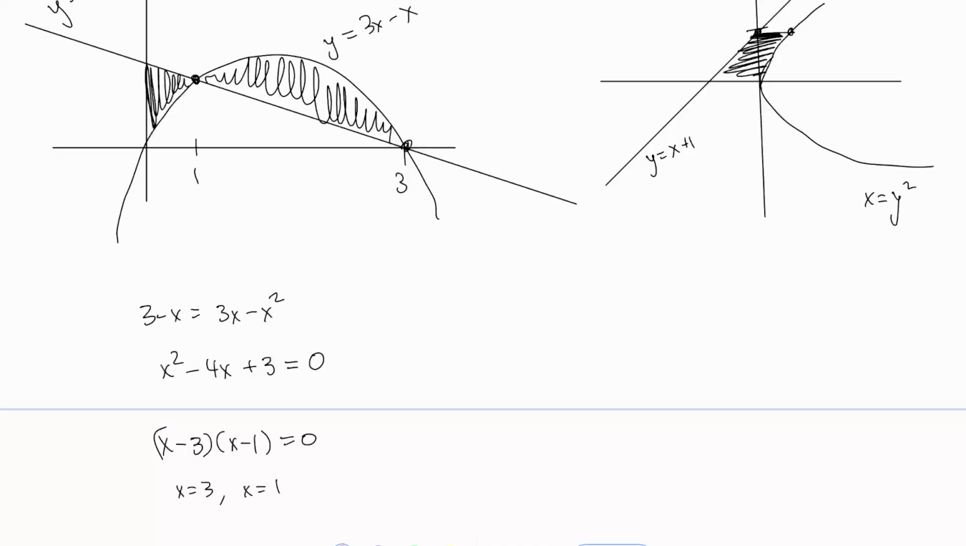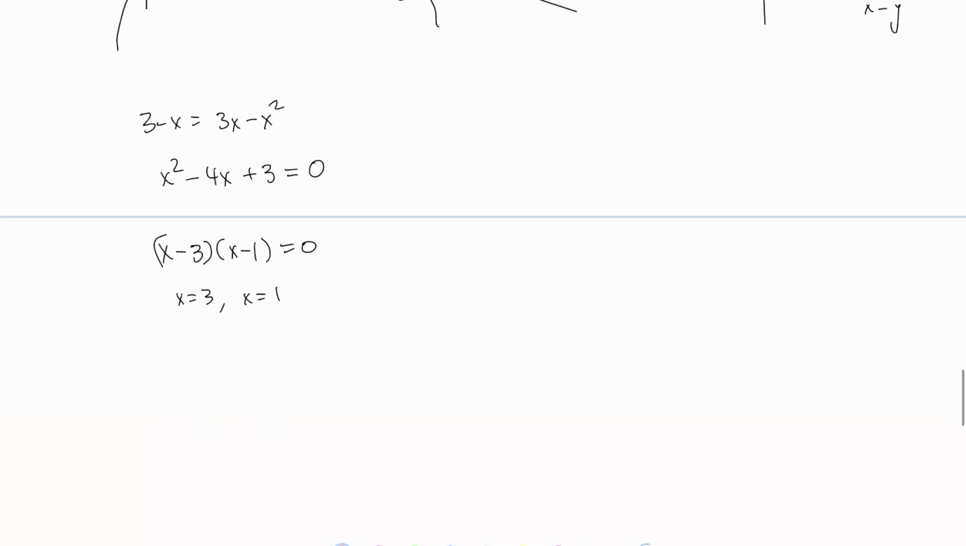First of all, you have to divide this into 2 parts because the 2 lines cross over one another. The one on the left is over here. That integral is going to go from 0 to 1 in the x values, and then this other part will go from 1 to 3. So the left side